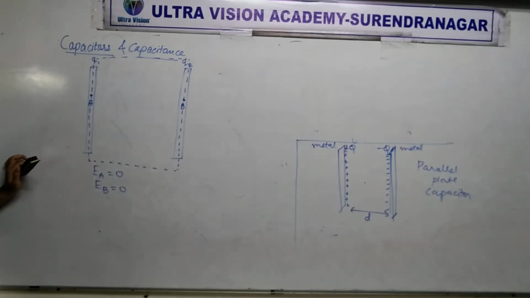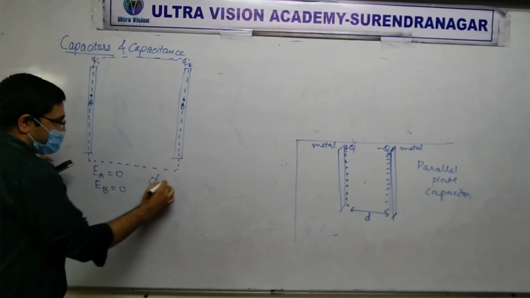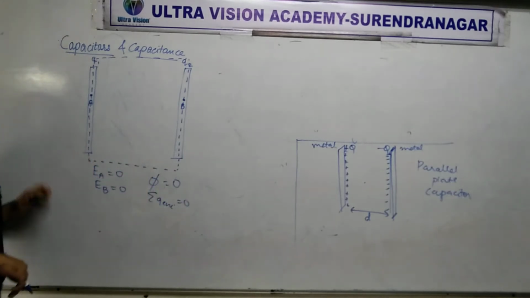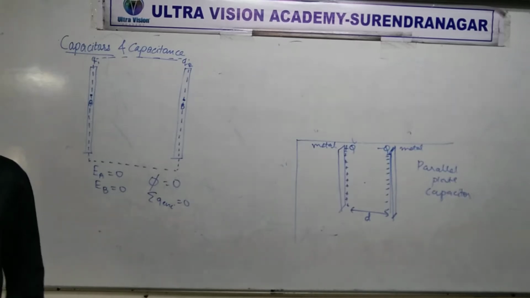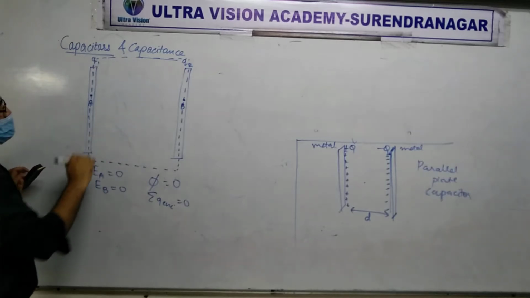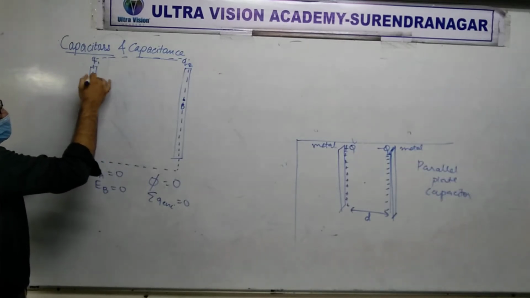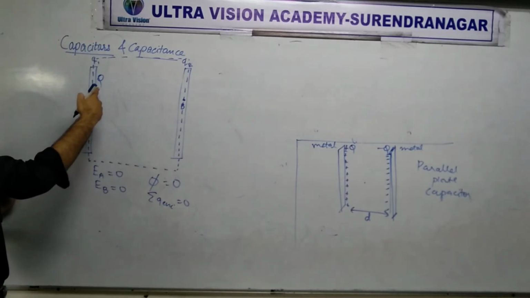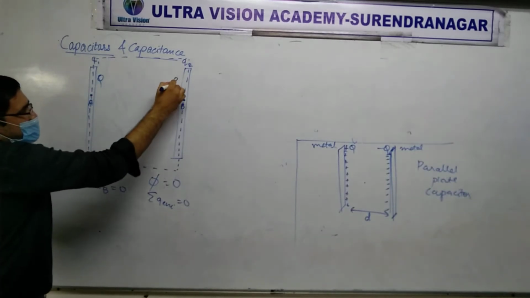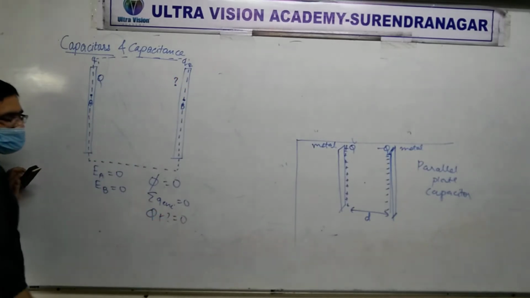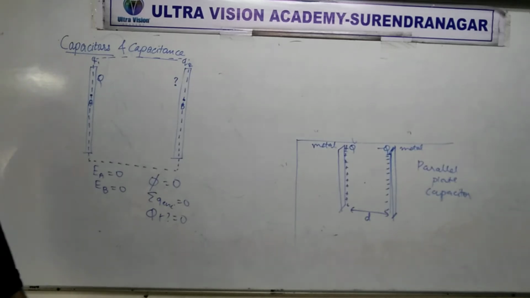Did you understand? So for this entire surface, the flux will be 0. That means the charge enclosed will be 0. Now these are metal plates. In a metal, charge can only be on the surface, either on the right or on the left. So for this Gaussian surface, let's say the charge on the right side surface of the plate is Q. If this is Q, how much is the charge on the left side surface of this one? Q plus unknown will be 0. How much is that? Do you understand the proof of what I was telling you?